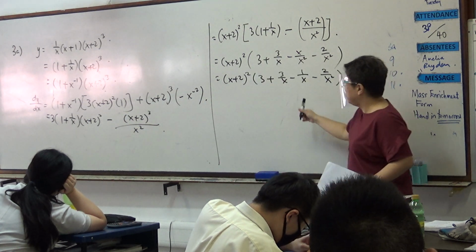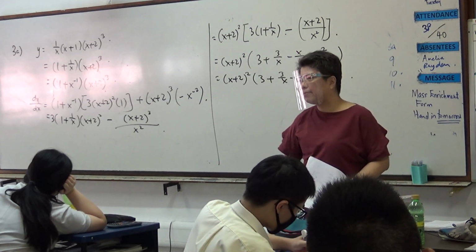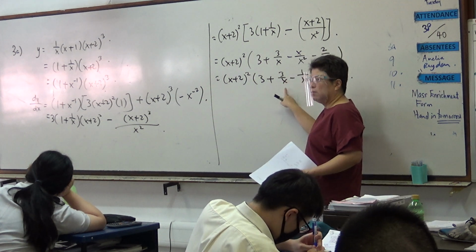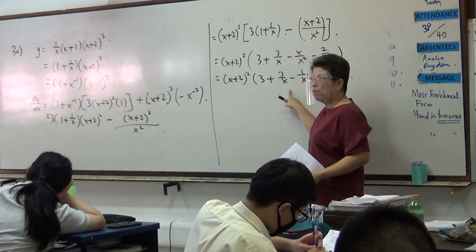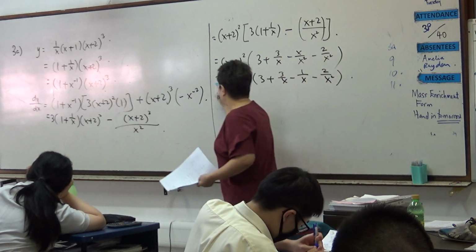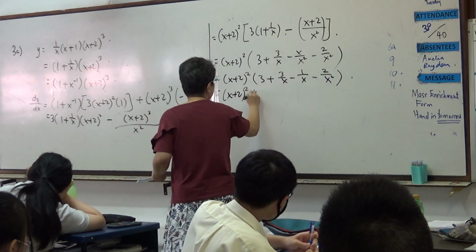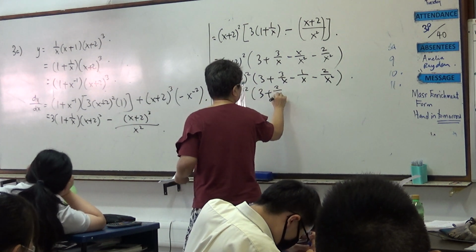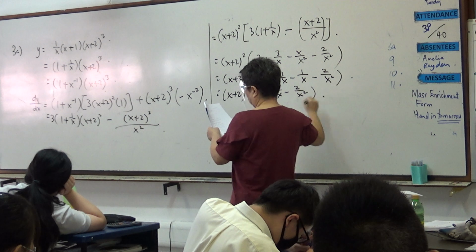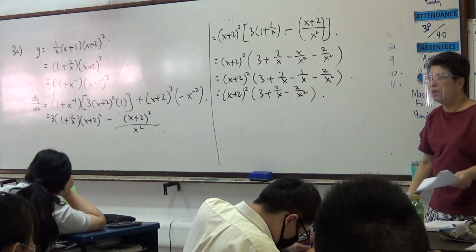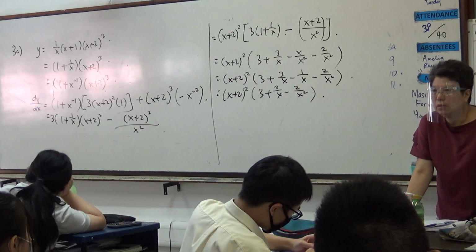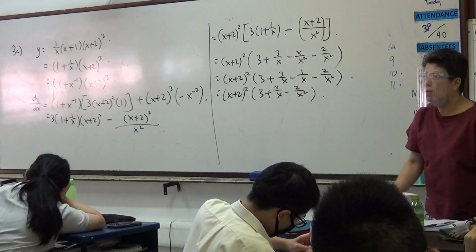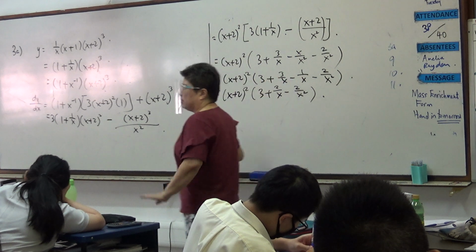I want to know if I can simplify further. Can you see this is 3 over x? This is minus 1 over x. Left one, 2 over x, right? Everybody clear? Okay, now, let's say in the exam, you really cannot, class,